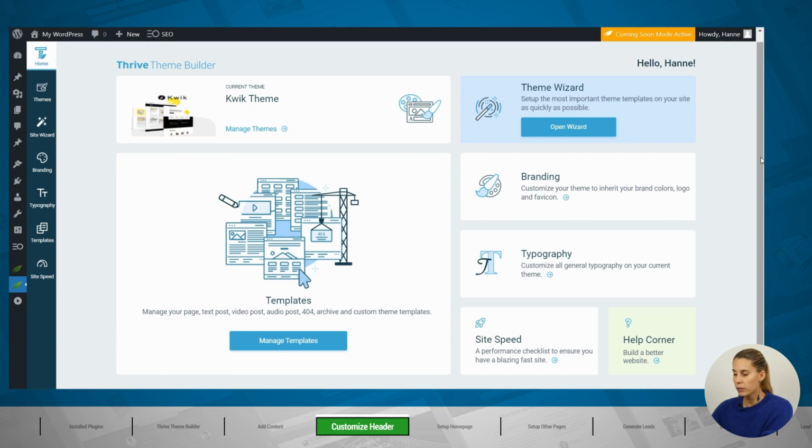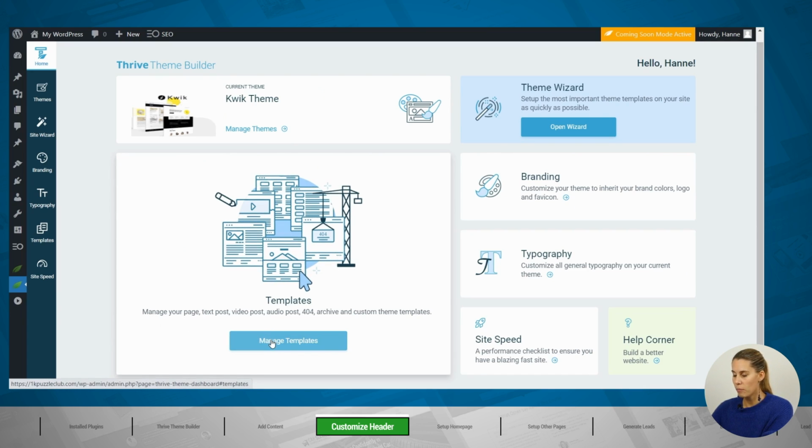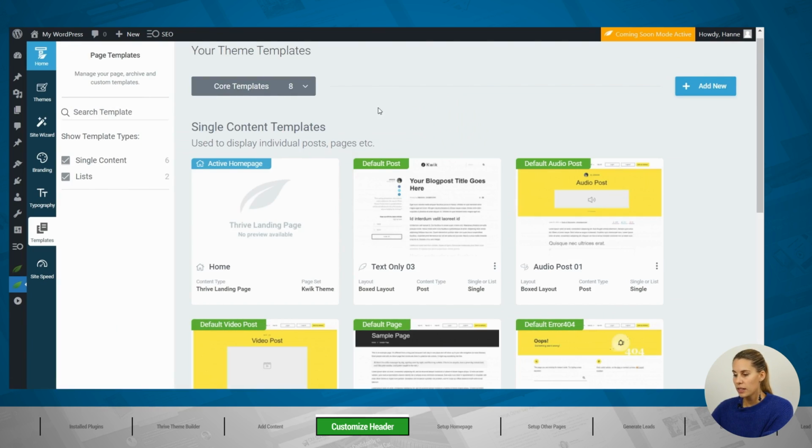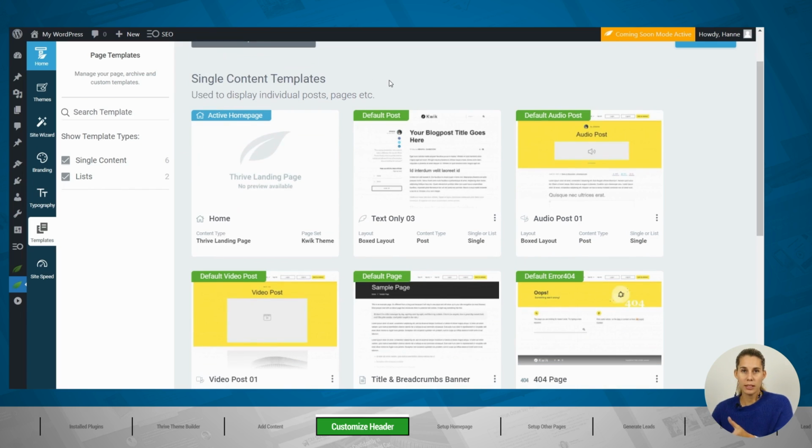Now, when you load Thrive Theme Builder after having gone through the site wizard, you will see this screen, and you can go into your Manage Templates tab. As you can see here, we have single content templates and list templates. The single content templates are the templates that will define how your single content is looking. So how your blog posts are looking, how your pages are looking. And then for the list templates, this will determine how your blog lists look like, your archive pages, and so